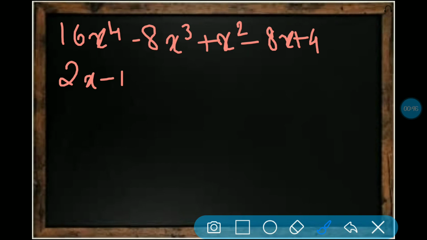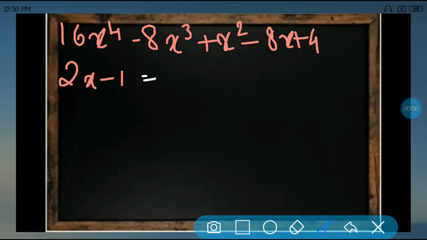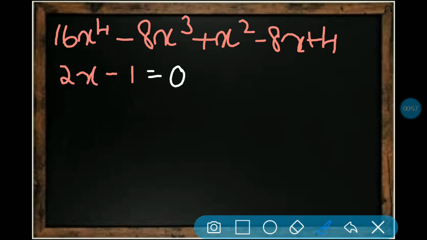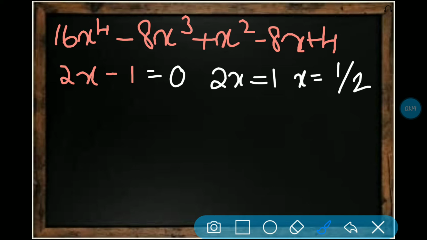So g of x will always be equated to 0, as we all know that. So we were discussing here, it will be equated to 0. So first what will happen, minus 1 will go to RHS. So 2x is equal to plus 1. Then this 2 also will go to RHS. It becomes by 2 because multiplication forms come to RHS and become division. So x value is half, 1 by 2.